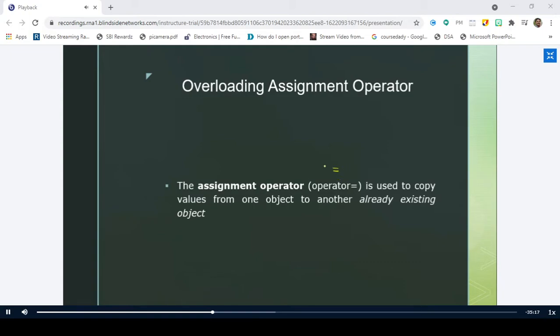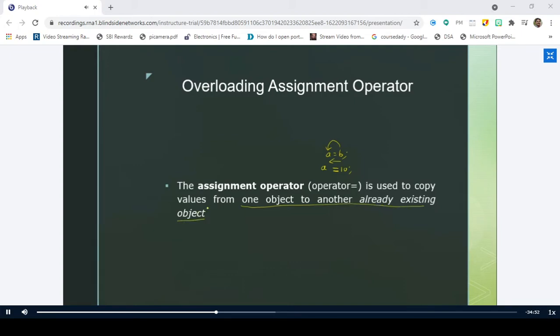So the value that is present inside B will be stored inside A. So equal to is a right to left association. The assignment operator is used to copy the values from one object to another already existing object.